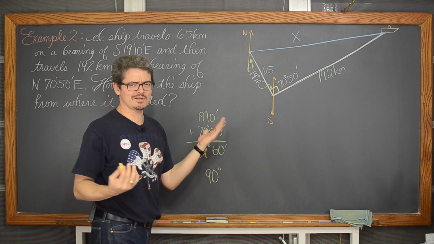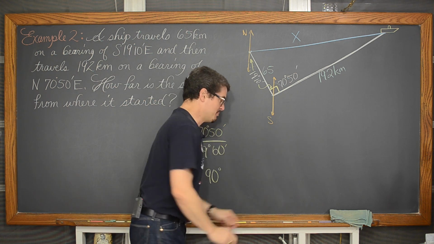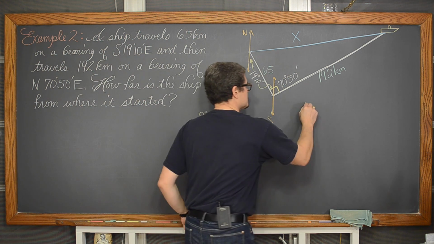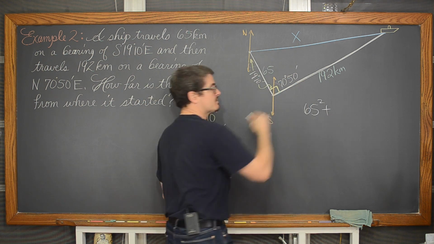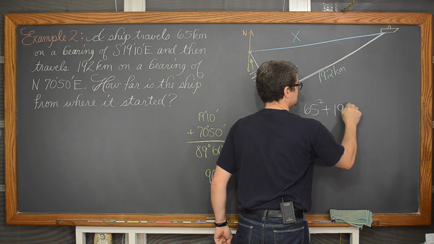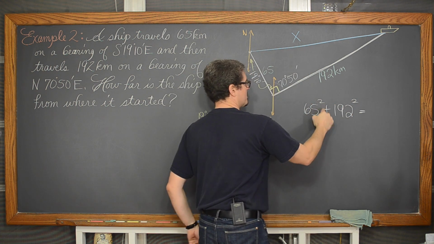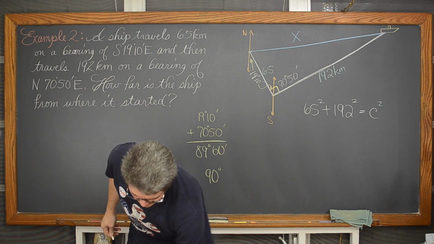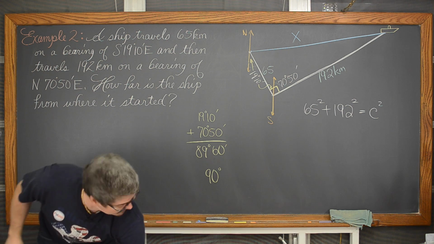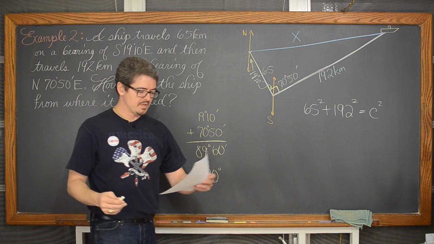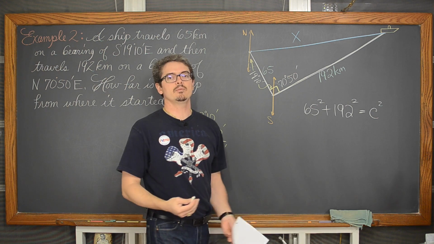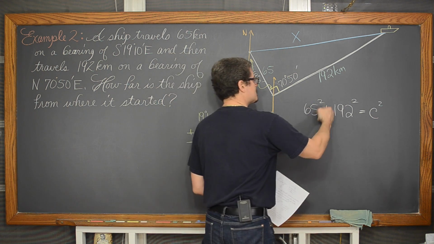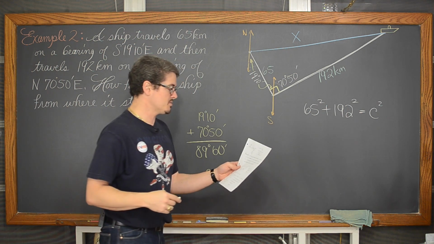Well, I'm just missing one side of a right triangle. Nothing fancy there. That is the Pythagorean theorem. So we're going to do one leg squared, which is 65 squared, plus another leg squared, 192 squared, and that is going to be a squared plus b squared is equal to c squared. And, you know, right off the top of my head, I can do 65 times 65, piece of cake. Oh, actually, maybe when I was writing these notes, I thought, you know, trig students don't need to have me show every single step. So 65 squared plus 192 squared comes out to be